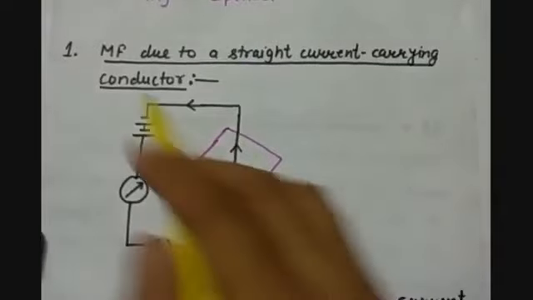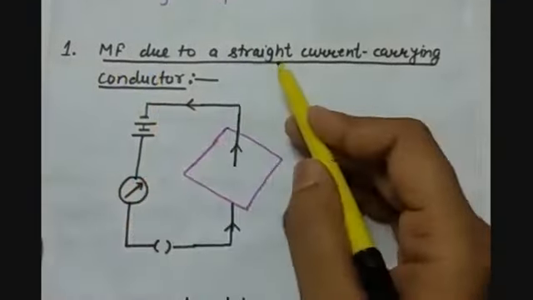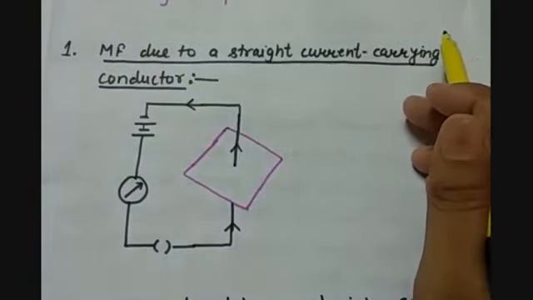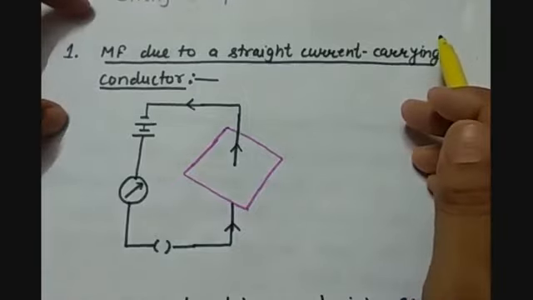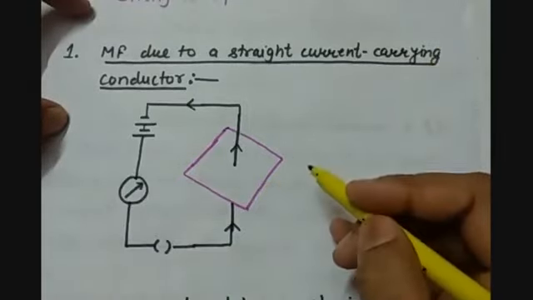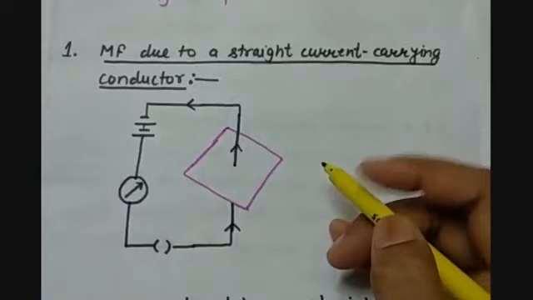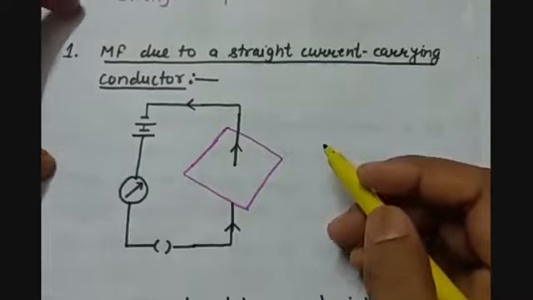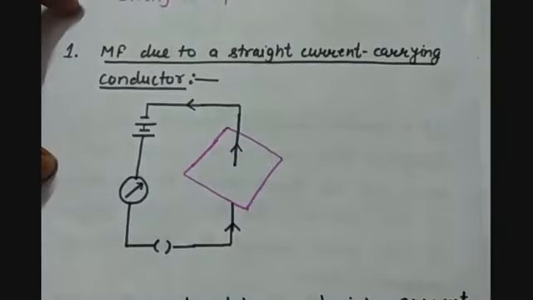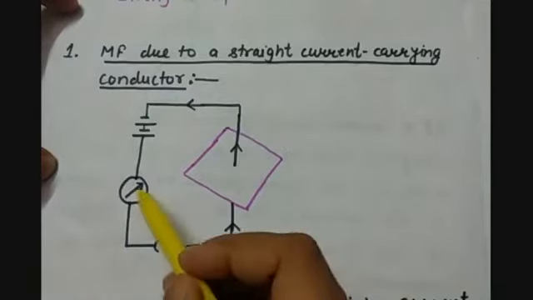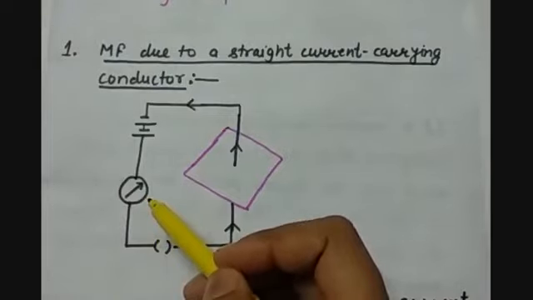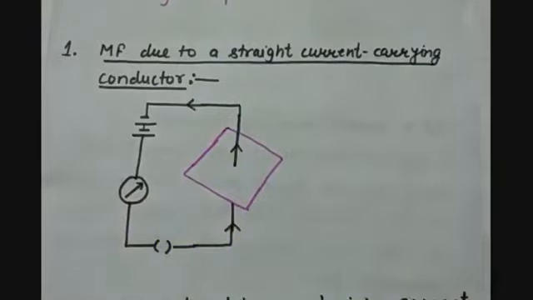When we talk about the magnetic field due to a straight current carrying conductor, we are going to perform an activity in which we have a cardboard, and in that cardboard we have passed a wire which can be of copper. Let's say it is copper wire. And we have made a conducting electrical circuit through this wire. So we have a key, an ammeter, which will measure the electric current, as well as by deflection we'll get to know that this current is flowing.